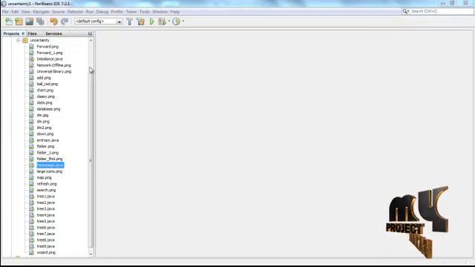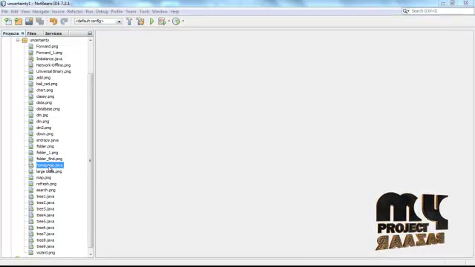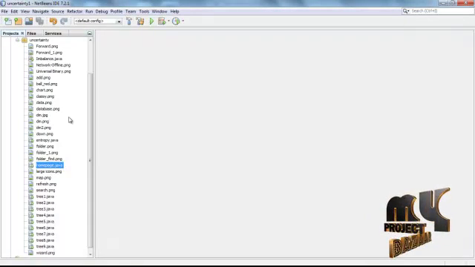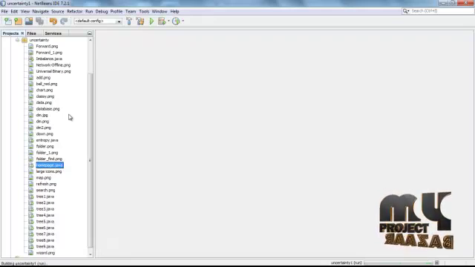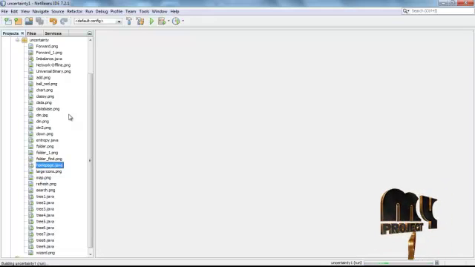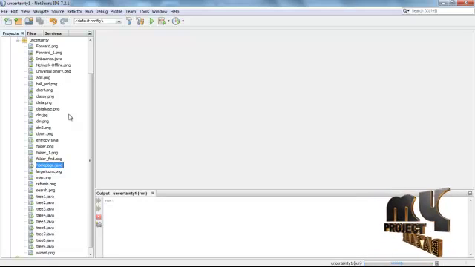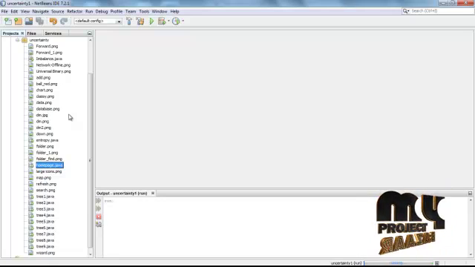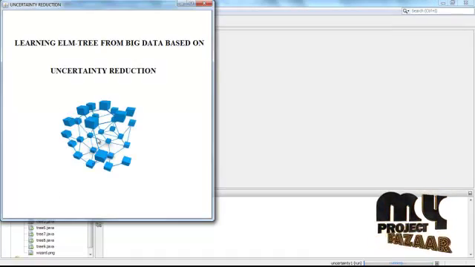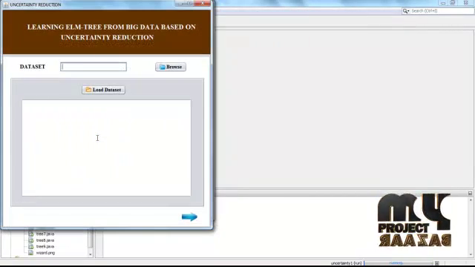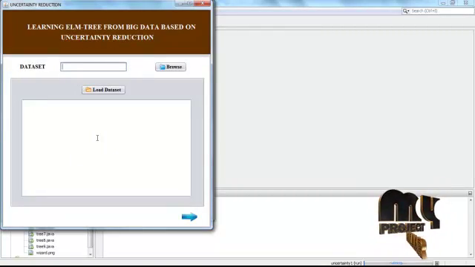Now the demo of the process. Right click on homepage.java and select run file. Click on image. We can show another frame, the uncertainty reduction frame, which considers the data set.